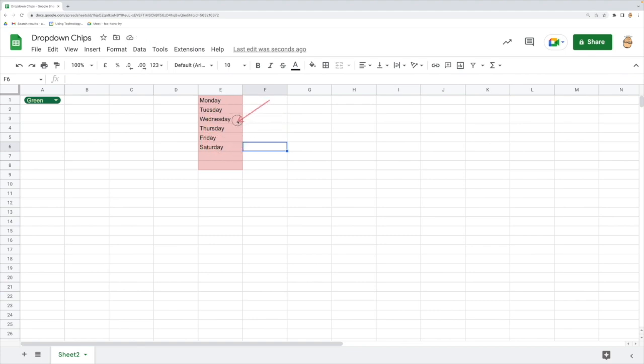So this is going to be my list of the data that I want to use in my data validation. It doesn't necessarily have to be on this sheet. It can be on another sheet inside my Google workbook. I'm just going to do it here for that demo. So let's pretend that what I'd like to do is put my drop-down list over here and refer to these ones in here. So I come up to data